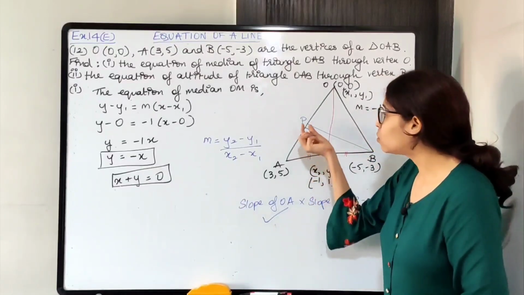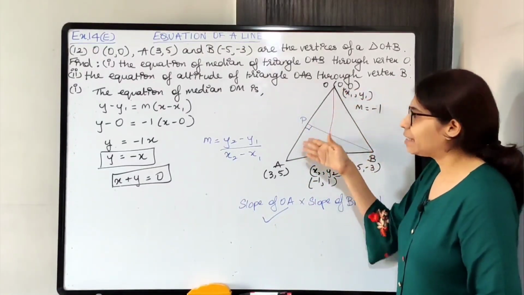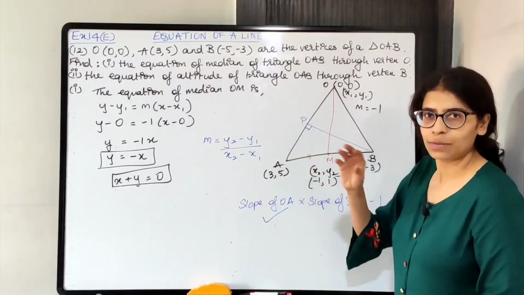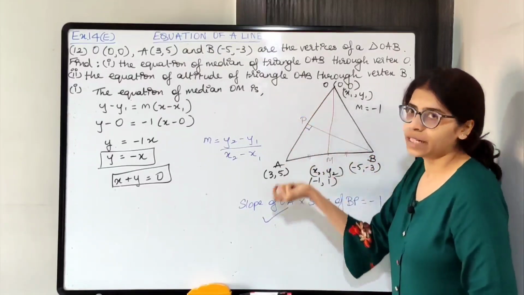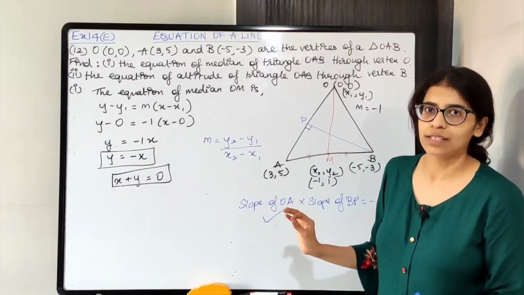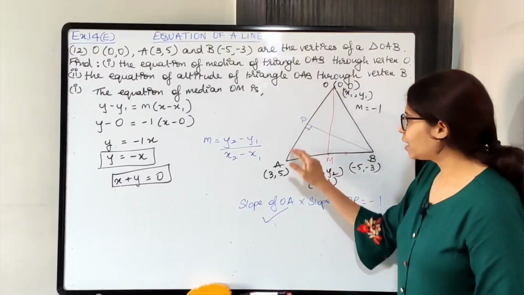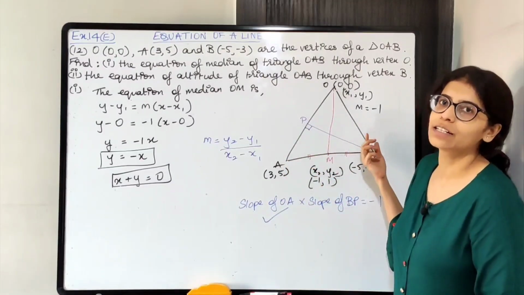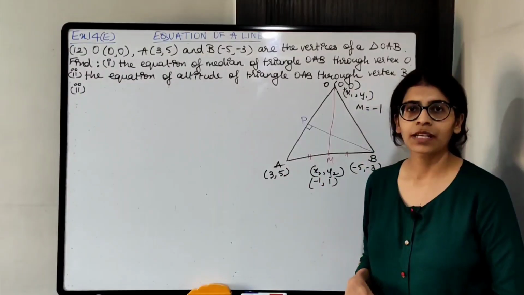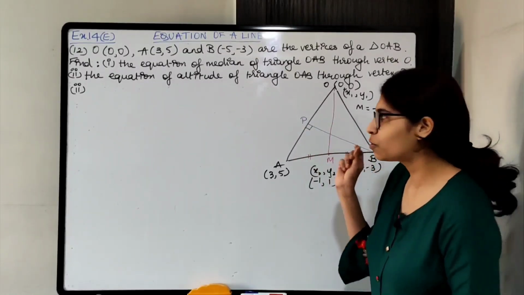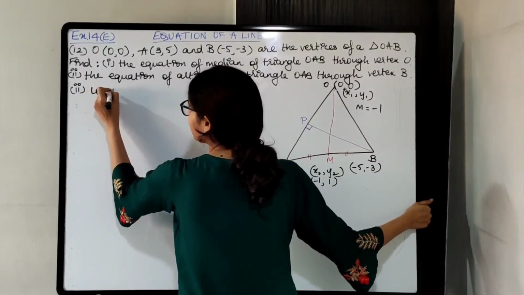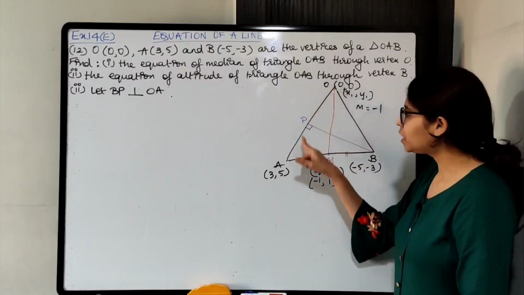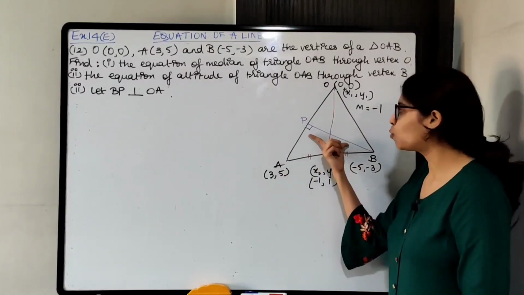Students, over here we cannot find the coordinates of P because we are not given any other information. Okay, so don't take P as midpoint of OA. Okay, that will be wrong. We are just told that BP is perpendicular to OA. Nothing else is given to us. So BP का slope मुझे OA के slope से ही मिलेगा. All right. So this is the reason we'll find slope of OA, from which we'll get slope of BP. All right. The perpendicular from B is BP. So write down, let BP be perpendicular to OA. Okay. First we'll find slope of OA, from which we'll get slope of BP.